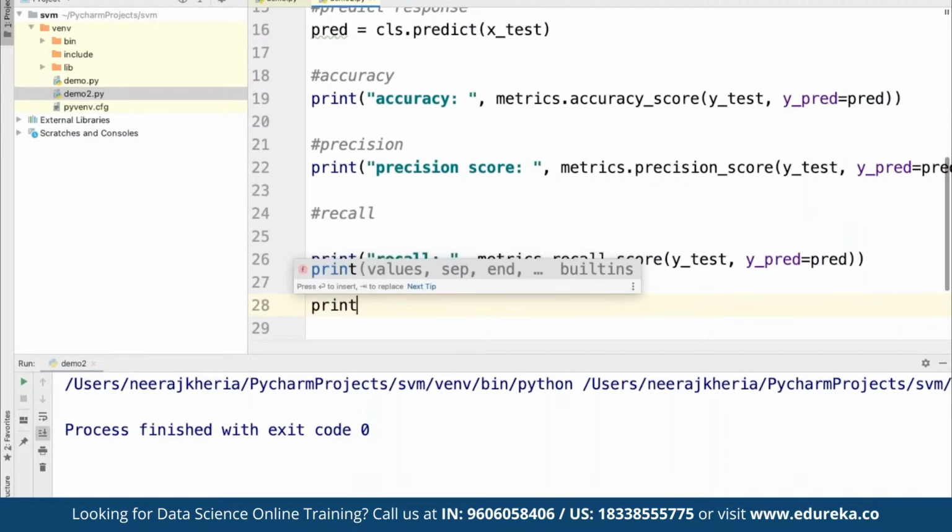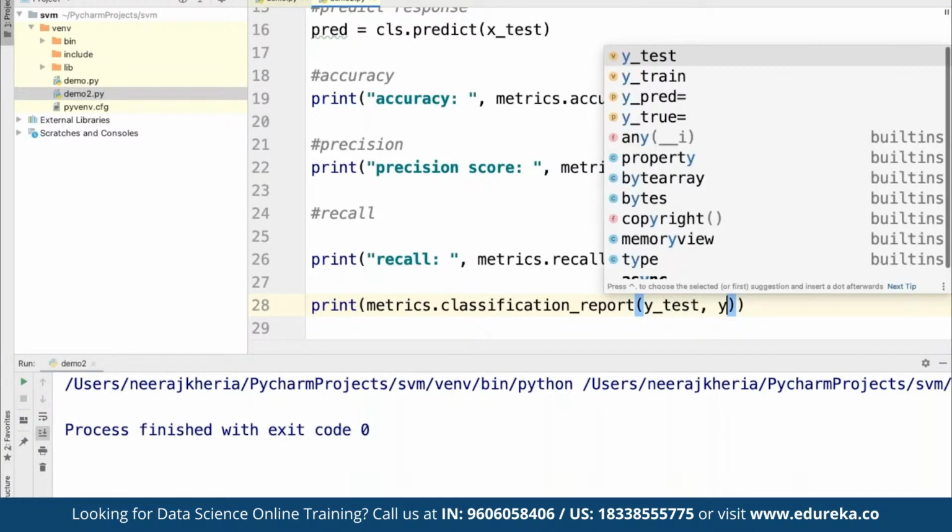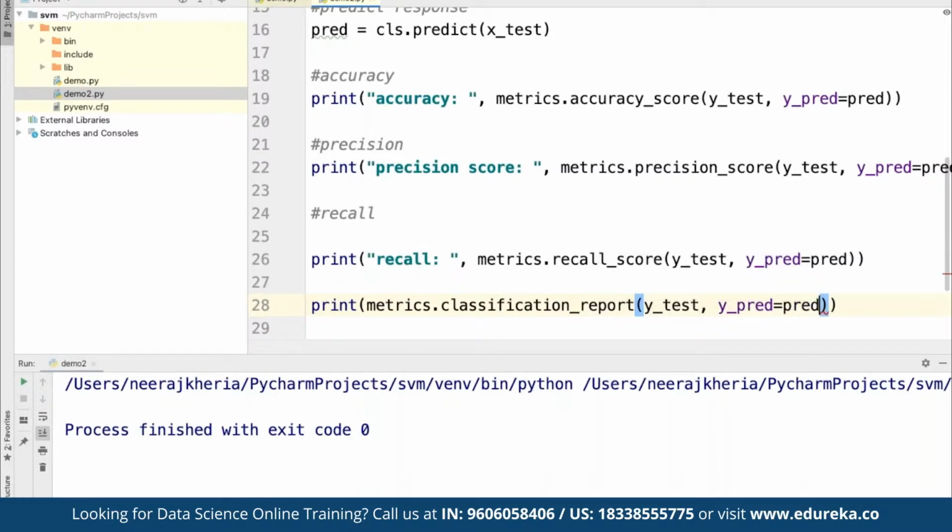And if you want to print all the metrics, we can define print metrics.classification_report, making use of y test and y prediction for prediction made. All right, so here we have defined these.